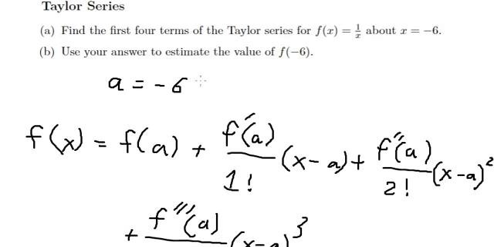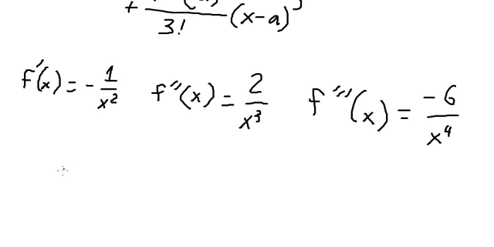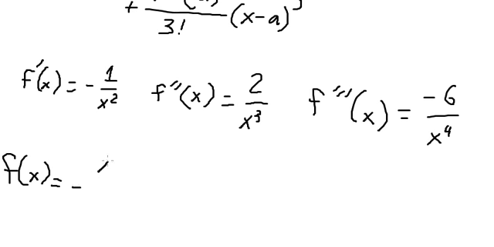And now we have a equal to negative 6. So we can put it in here. And now we have negative 6. We put it for 1 over x. So we have negative 1 over 6. The next one, we put negative 6 in here. So we will have about negative 1 over 36